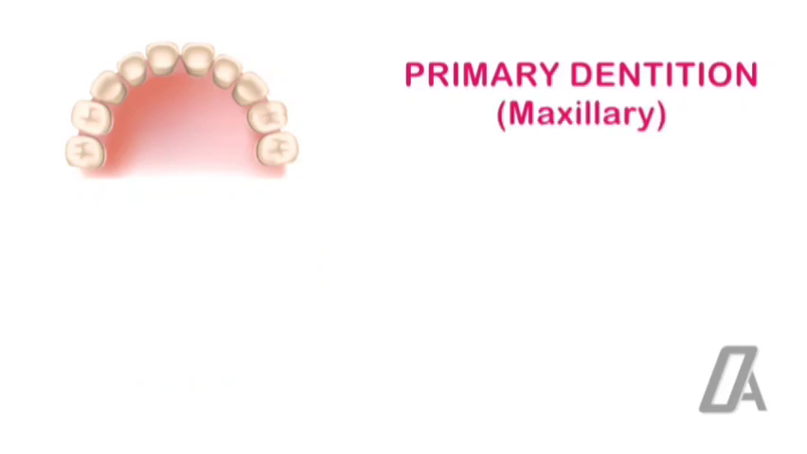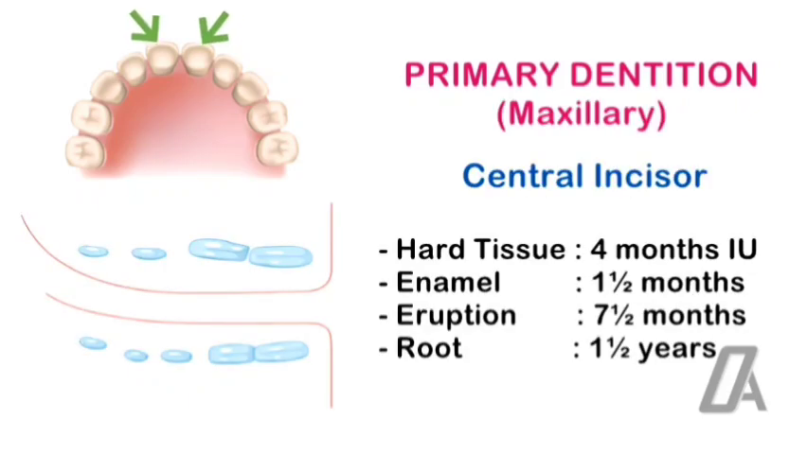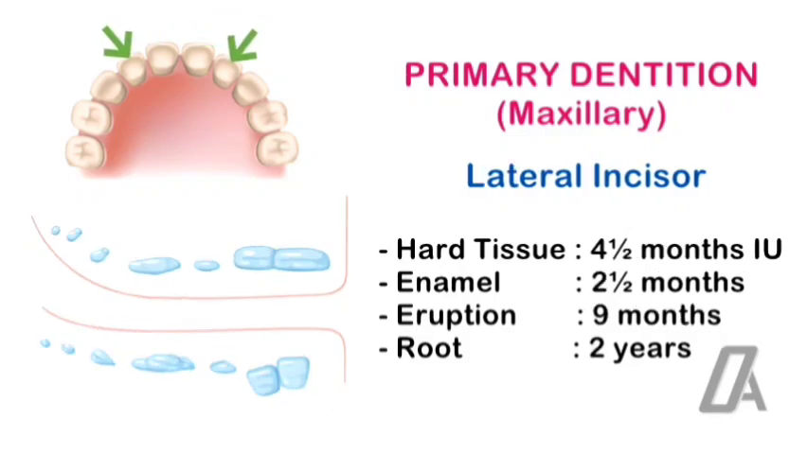Maxillary. The central incisor begins hard tissue formation at 4 months in utero. Enamel completes at 1.5 months. Eruption happens at 7.5 months, and roots finish by 1.5 years. The lateral incisor starts at 4.5 months in utero, completes enamel at 2.5 months, erupts at 9 months, and roots